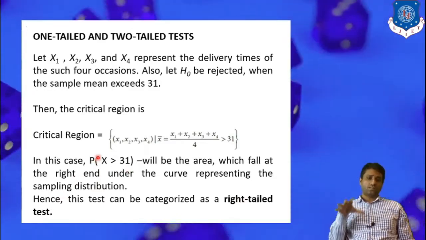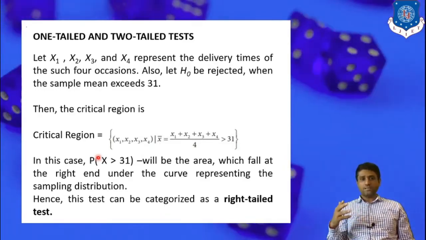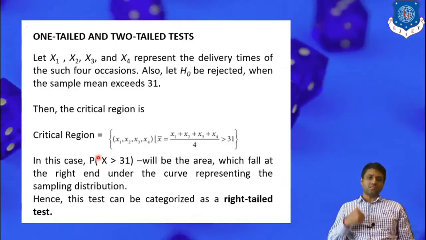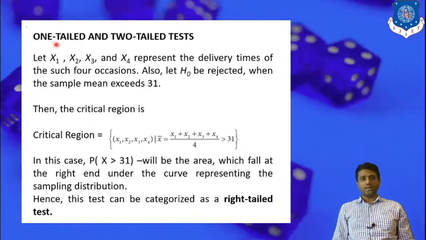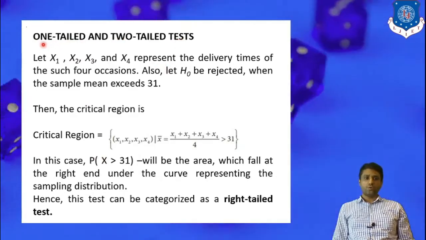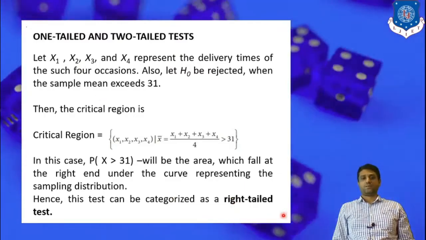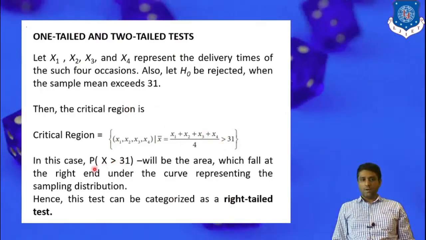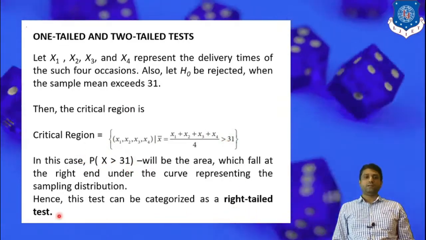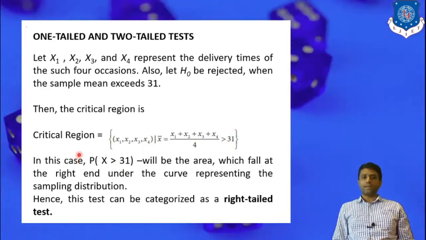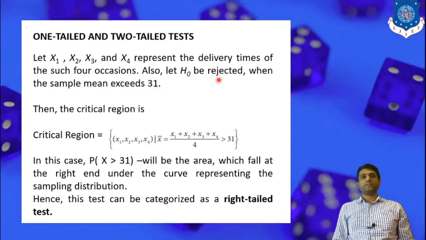At this particular stage, we are not interested in whether the null hypothesis is rejected or accepted. I just want to give you the understanding. We have to apply either the one tail test or the two tail test, and if we apply the one tail test, then more precisely we should go through the right tail test. In this example, we are interested in the probability of x greater than 31, so we should choose the right tail test. In a later upcoming lecture, we will precisely check whether this null hypothesis is rejected or not rejected.